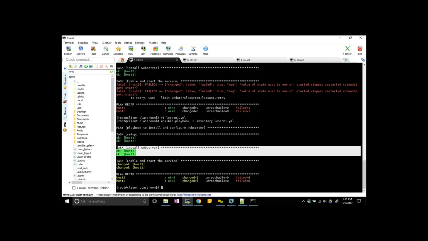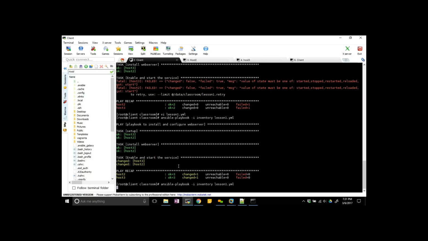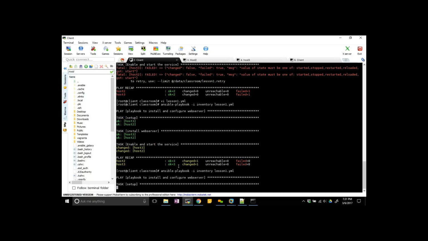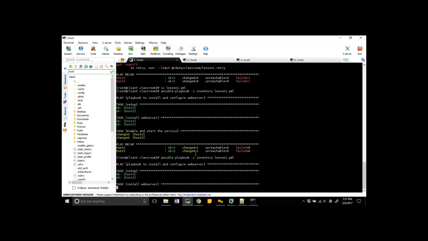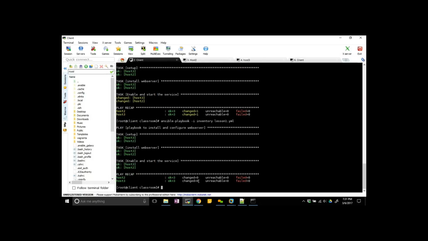That's the reason it was not reported here. But if you run the same playbook again, you see changed equals 0, because these two tasks already ran on the remote machines, and the service was enabled on those machines.